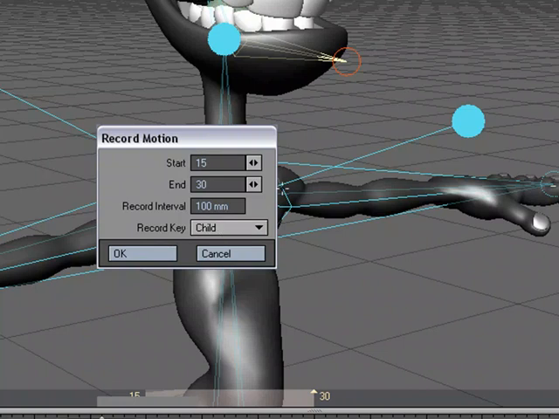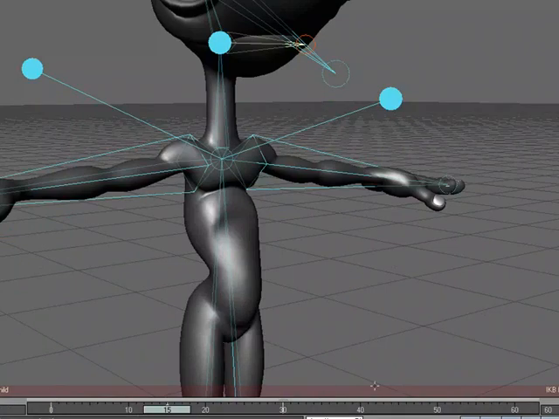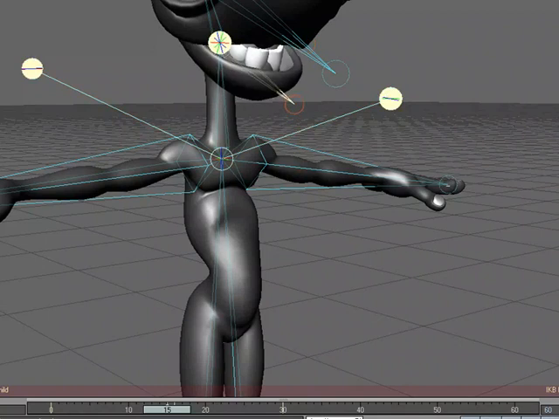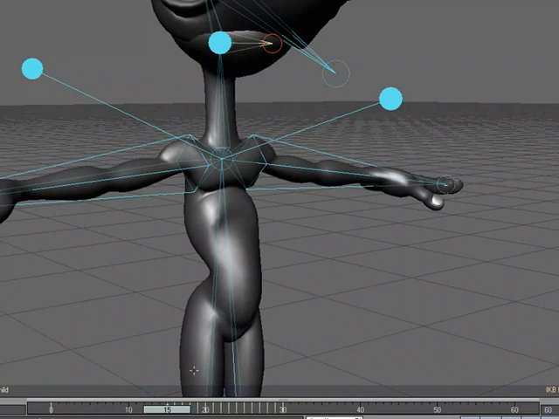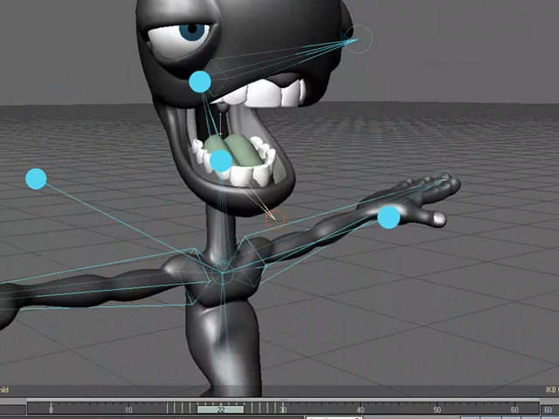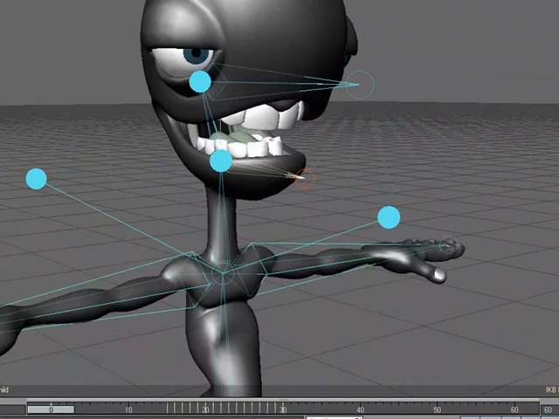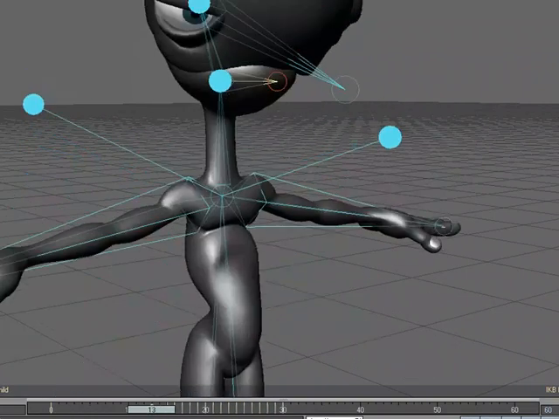I only want to record the child. I just want to record this end right here. And I'm going to go from 15 to 30. Click OK. The bar becomes red so that it knows that I'm actually recording. And then I'm just going to start clicking and dragging, and I'm baking my keys for it. So now when I play back, see, now his mouth is open and kind of shakes. Okay, I recorded the motion that I was doing with my mouth,